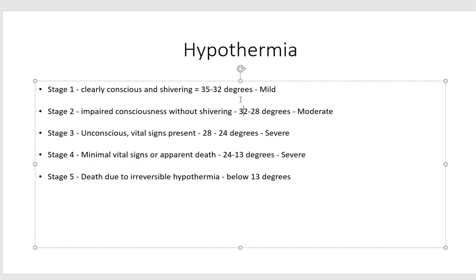Next, we've got stage two. This is where our conscious level is starting to become impaired, so we're becoming quite drowsy, and then we start to lose the function of shivering, and this is starting to become a really worrying sign. Shivering, the actual process of shivering, is where you've got really intense muscular contraction. So your muscles start to contract and release, and by doing that, it generates lots of heat,